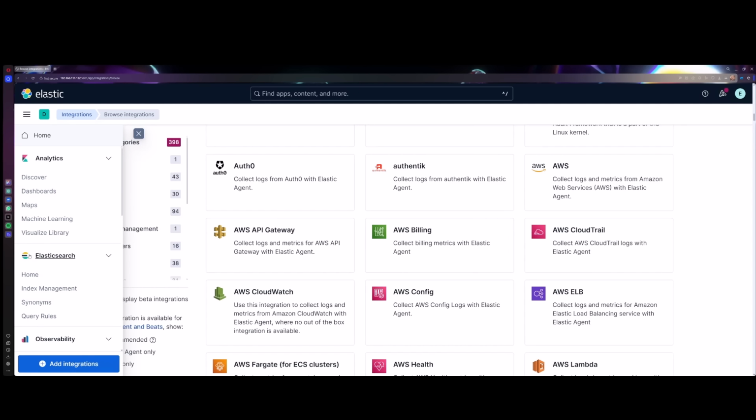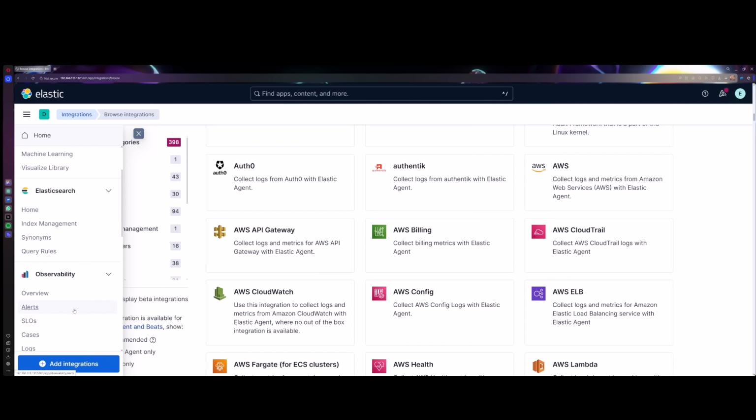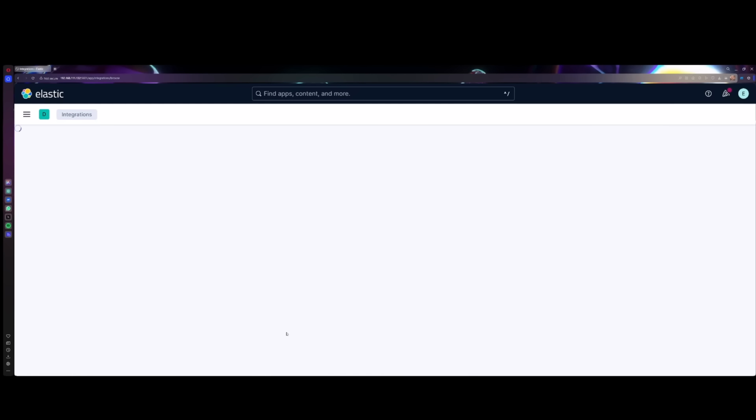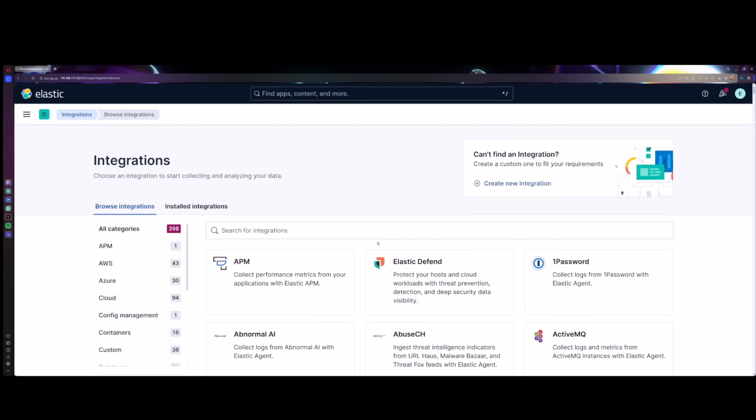And then once I'm fine with this, I can go to Kibana. You can see here, this small thing is a stylized E, and this is a stylized K. So this is analytics and this is Elasticsearch. This is where the information comes in, and where the query rules are set. And then this is the analytics part where I can go to dashboards, if I had a dashboard. I could go and add a dashboard, but I don't actually have anything connected, so let me see if I'm able to, for example,